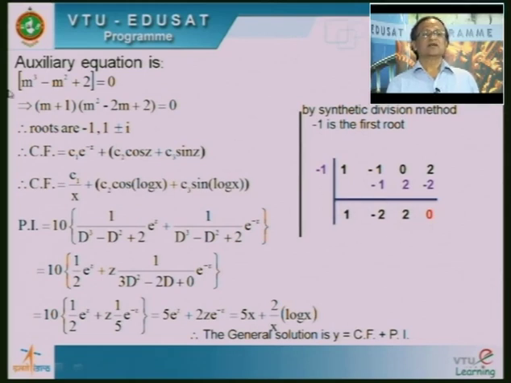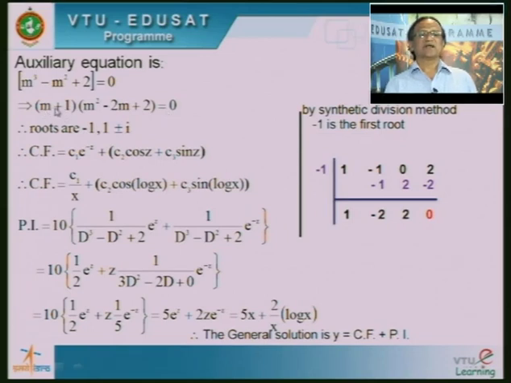Is it clear? Right. So, you know the auxiliary equation. What is the auxiliary equation? m cube minus m square plus 1. What is the degree of this equation? 3. Now, I want to reduce this degree to 2. It means I can write down one more factor with second degree. Is it clear? So, I am going to write down 1 into m square, minus 2 times m, plus the constant term 2, is equal to 0. What have I written here?